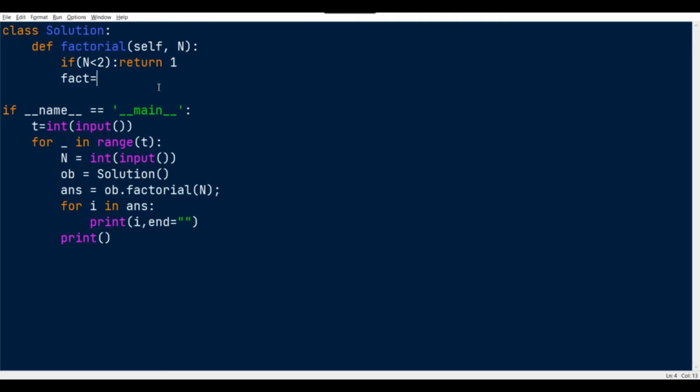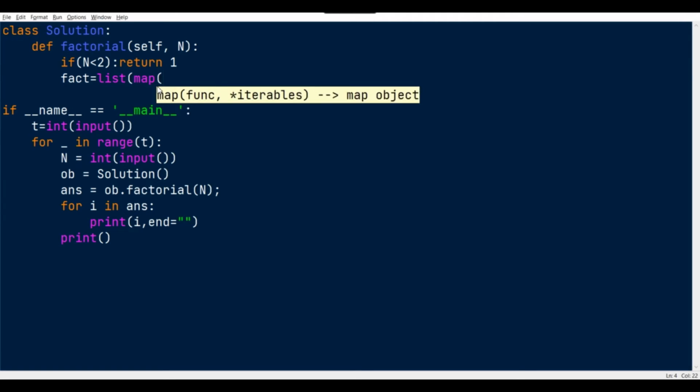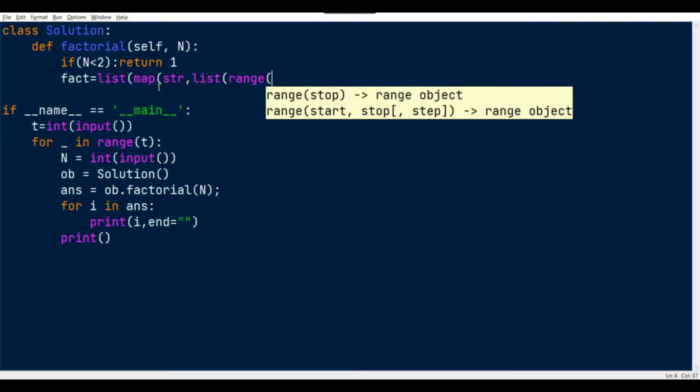Fact equal to a list of map. In this we are just going to typecast the integer into string because we can concatenate strings but not integers. So I'm typecasting the value into string, and this is my input: list of range of 2 comma n plus 1.